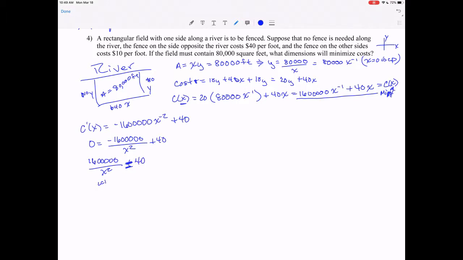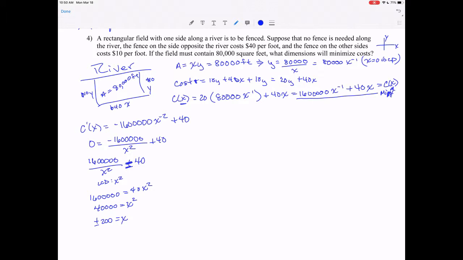My LCD is x squared, so I multiply both sides by x squared, so I get 16 equals 40x squared. Divide both sides by 40, so I get 4 with 4 zeros equals x squared. Take the square root of both sides, so I get plus or minus 200